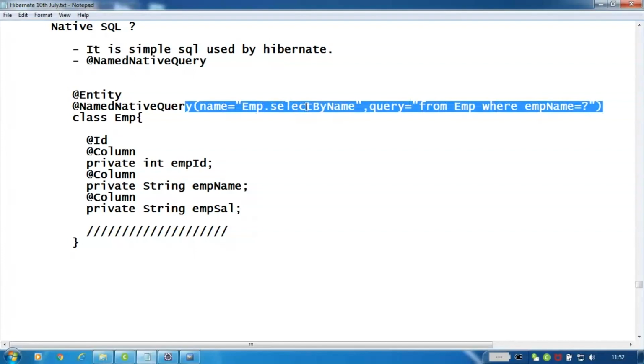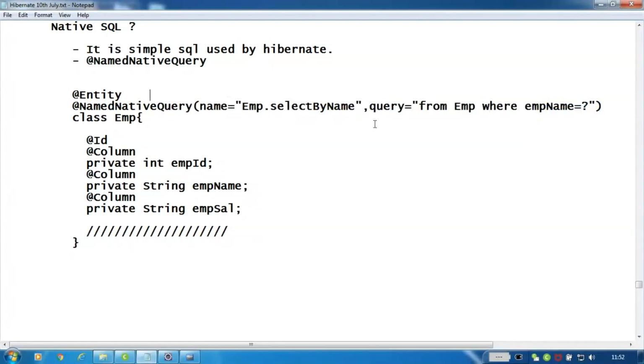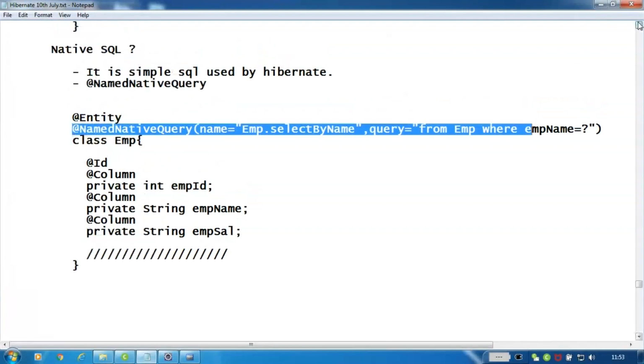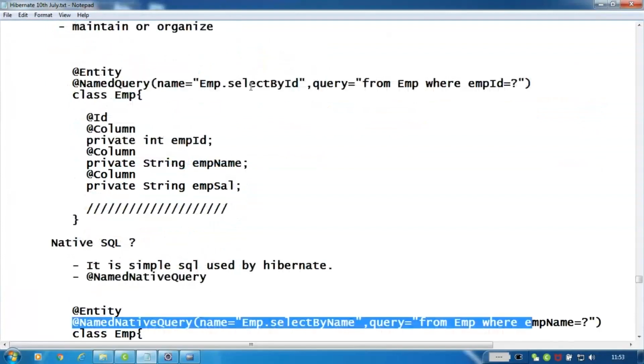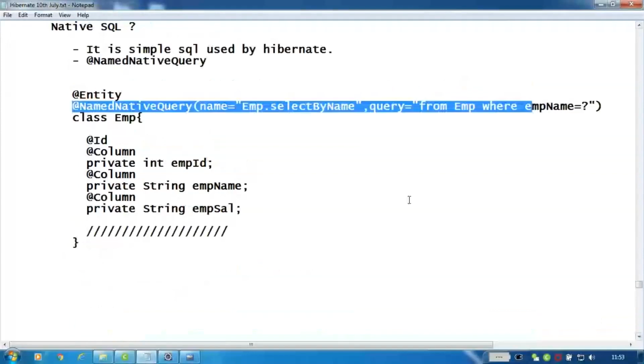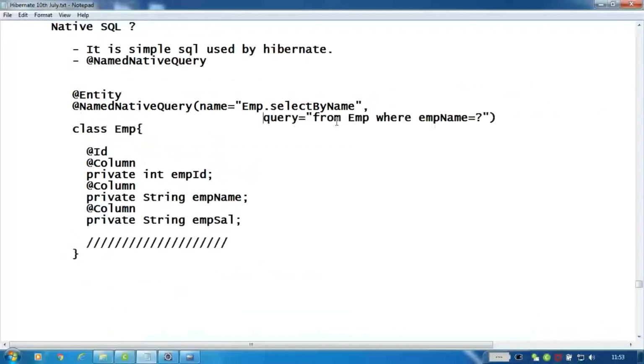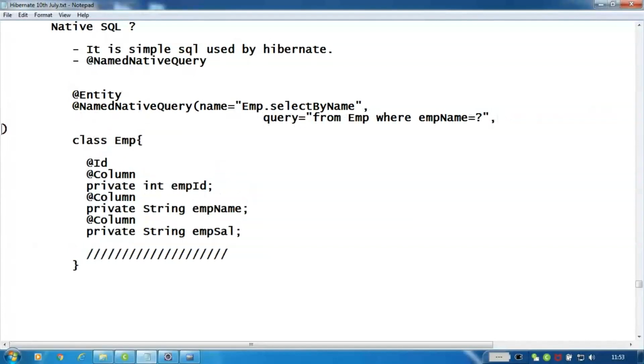So this will also take parameters. You have to remember that a named query takes two parameters: the name of the query and the query itself. But a named native query will not take it like this. It will take three parameters. One is the name of the query, that is selectByName. Second is the query: select EMP from EMP where EMP name equal to question mark. What is the third parameter? Third parameter is